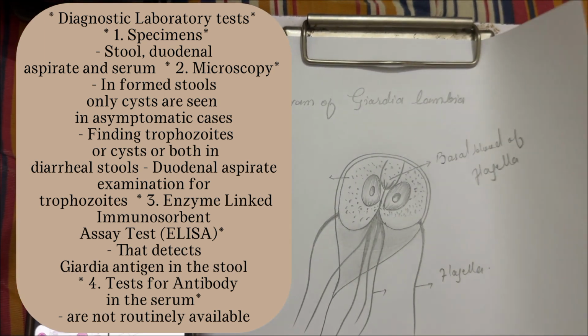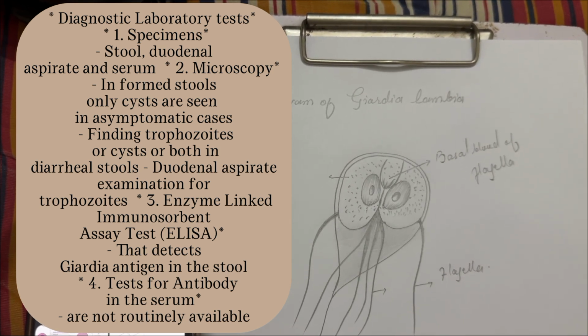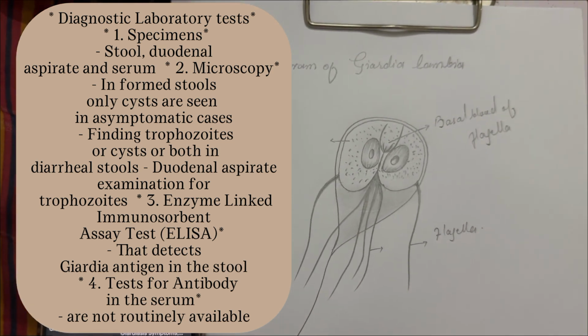Diagnostic laboratory tests. First, we'll collect specimens like stool, duodenal aspirate, and serum. Then we'll go for microscopy. In formed stools, only cysts are seen in asymptomatic cases. Finding trophozoites or